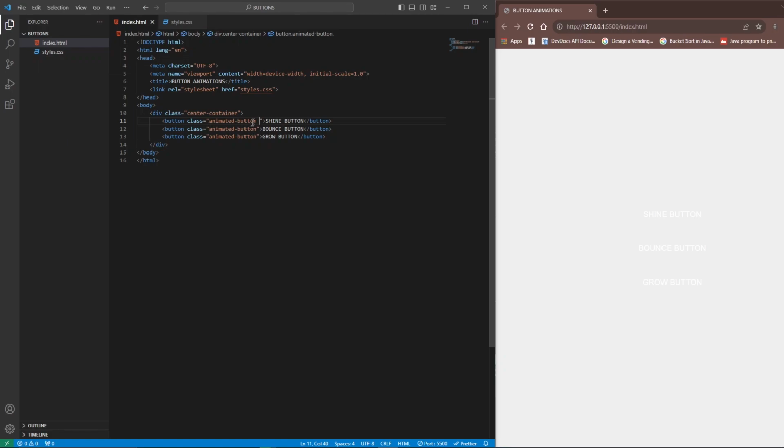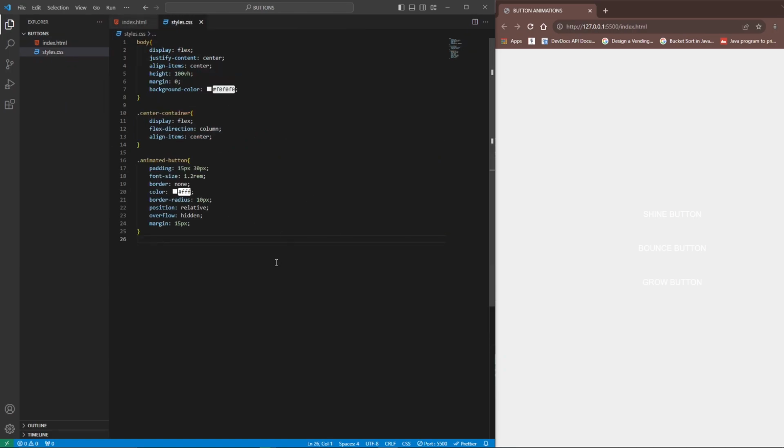You can also use ID, but it's okay. Let's give it in class. Here we will be giving another class name, that is shine for shine button, bounce for bounce button, and grow for grow button. Okay,